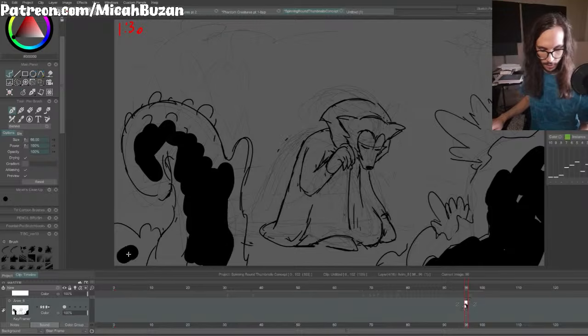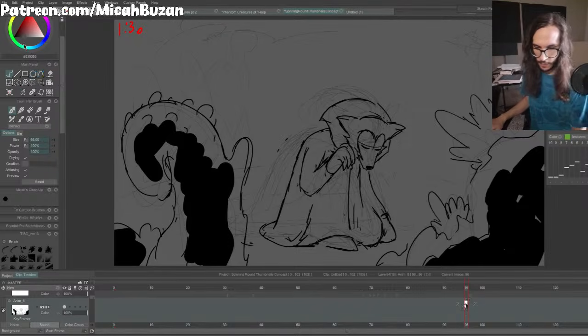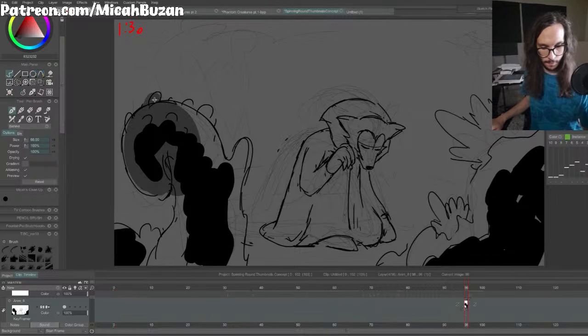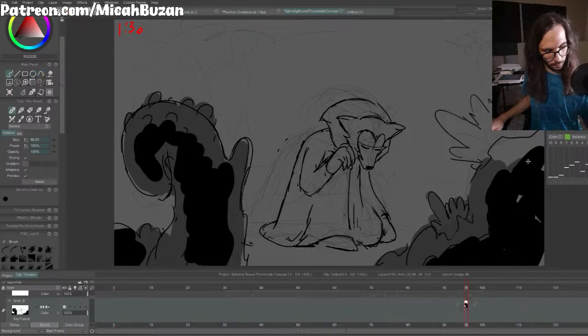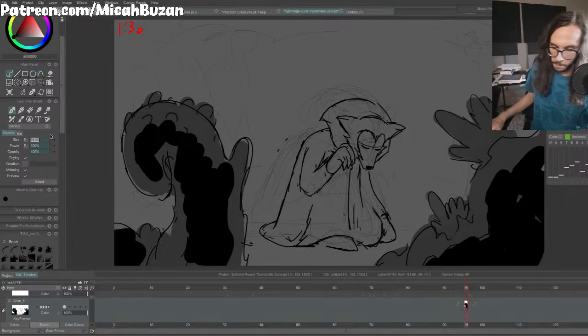Some blocks of color in here. The foreground. I'm using this to kind of frame the character. Like these little vegetations are kind of pointing towards him. Not that it's confusing where he is, but